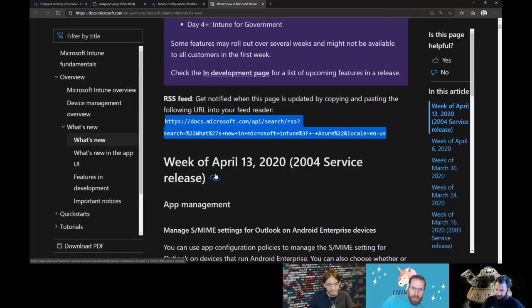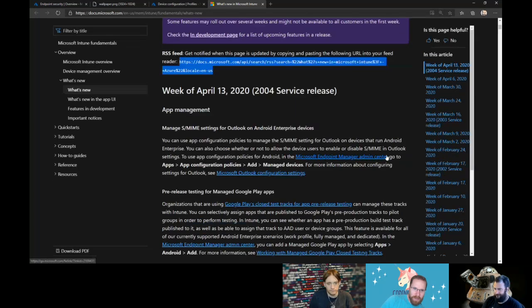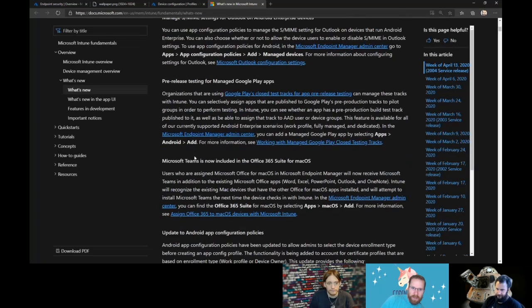You will get a weekly What's New that breaks down all the new stuff they've added. So instead of getting in here every week and clicking through all of the bits and pieces, read through what's new, read through the stuff that's relevant to you, the things that you need to look at, so that you can stay current with what's changing.